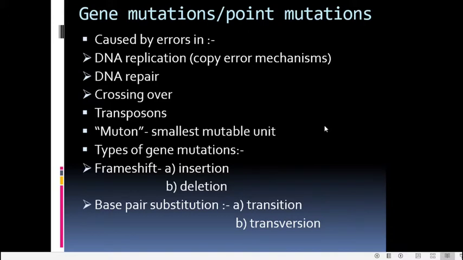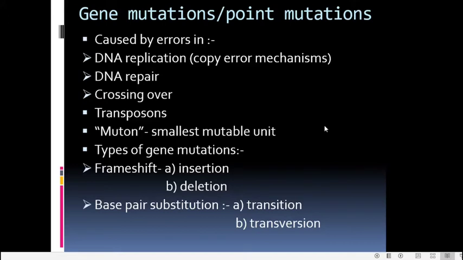Coming to the gene mutations. The changes occur in the base sequence of individual genes or genomic DNA. Suppose that a change occurs in a gene, it can develop into a new allele. So that is how a gene mutation produces allelic alterations in the genotype. The change in the base sequence is permanent because it's a heritable change, it is a mutation, and that is transmitted to subsequent generations, and finally it becomes an allele of a population. So that is what is called gene mutation.